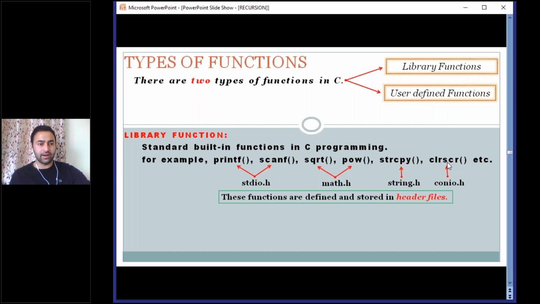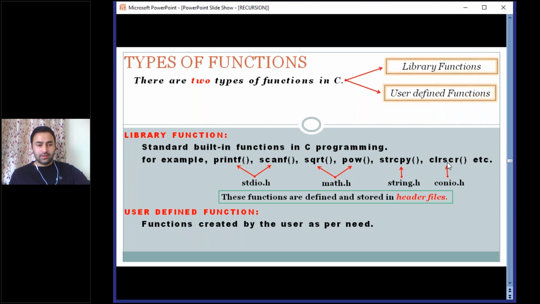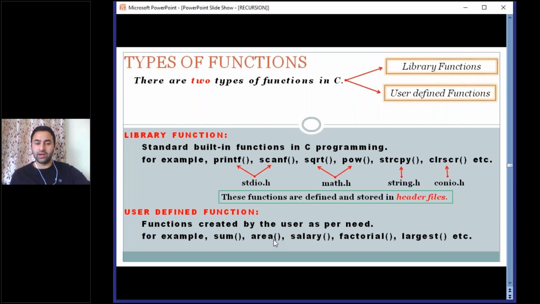Now the second category is user defined function. Those functions which are created by the user as per their need, to solve their specific problems, are known as user-defined functions. For example, you can make a function to calculate the sum of two integers. You can make a function to calculate the area of a rectangle or the area of a circle.